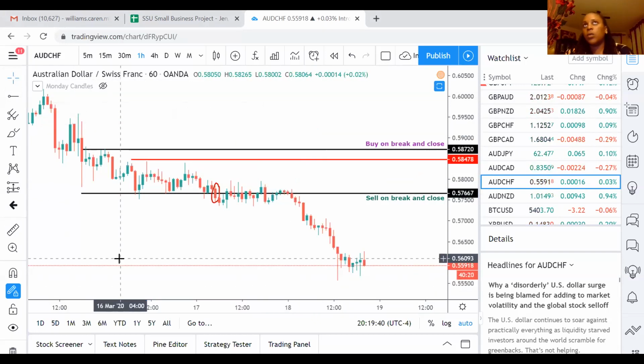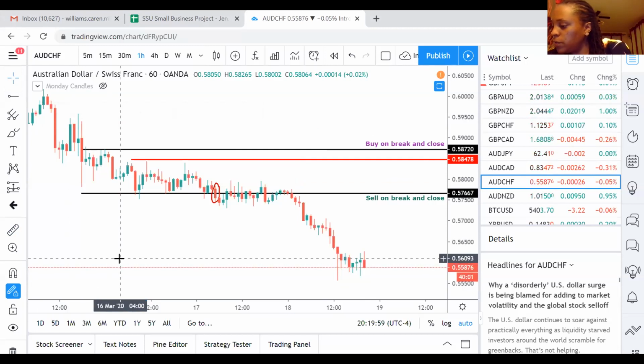And I said, okay, well, I want to get into this trade at 0.05. I need to know that if it hits at 81 pips, I am going to lose $40